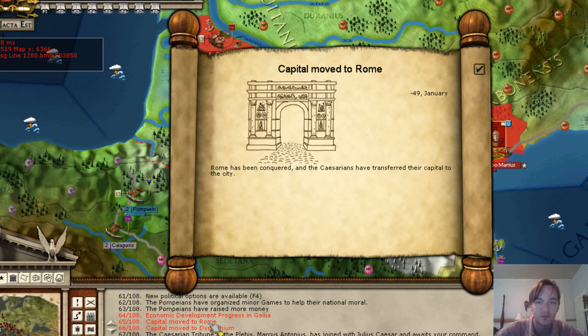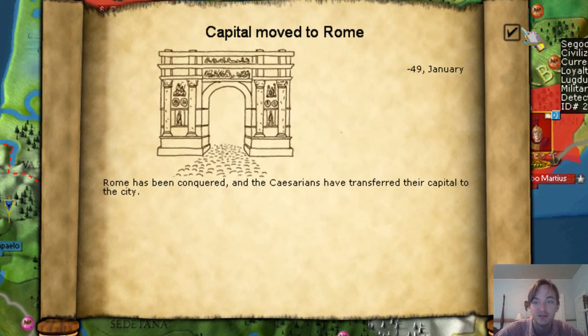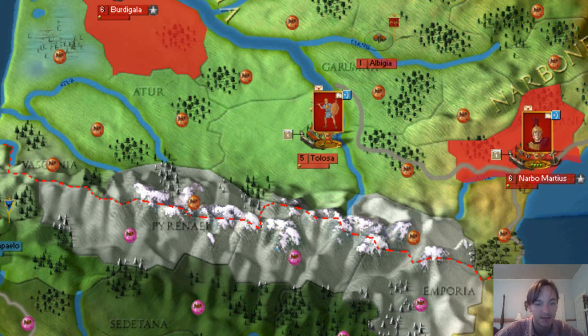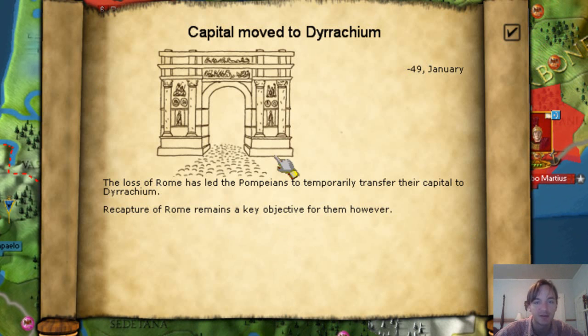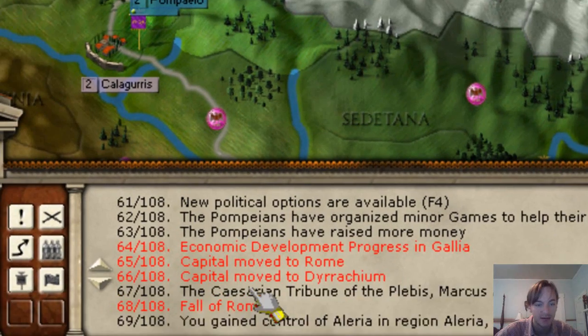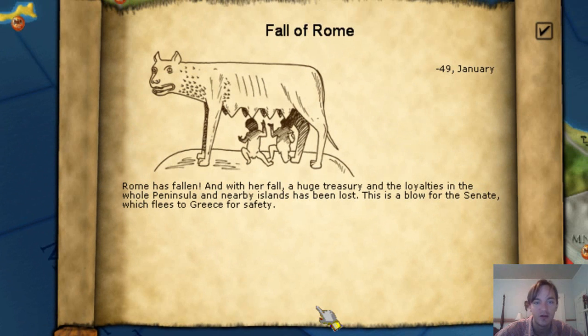So if we click on Rome twice, then we'll see that the capital has been moved to Rome, and another capital has been moved to Dyrrhachium. Okay, and that would be the Pompeians. Fall of Rome. Yeah, so basically anything that's red, you can double click on it,